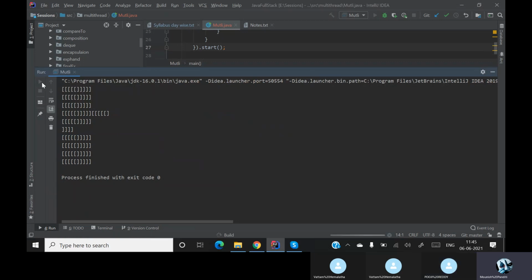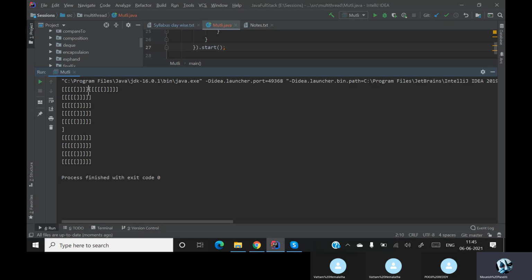Every time you rerun this, it gives you different output. A few times it gives me properly, a few times it gives me extra. If I rerun this, you can see that according to my system's processor core speed, each thread behaves differently every time.